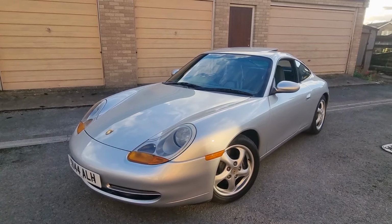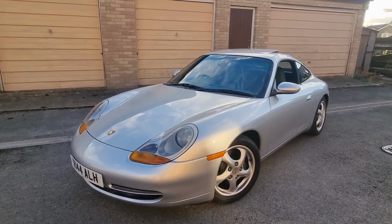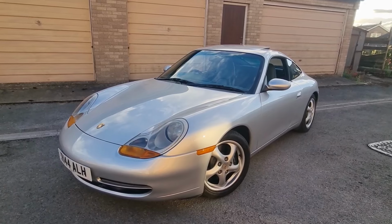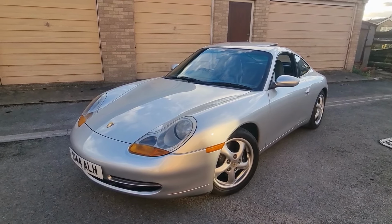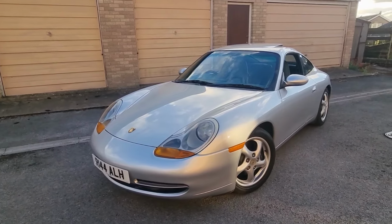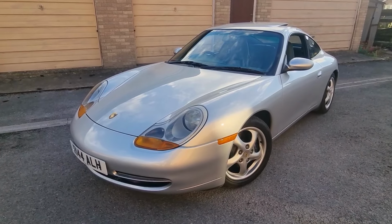Yes, that's right. I bought myself another Porsche 911, and this is the 996. Probably the least desirable 911 ever built, just because of those headlights. But I couldn't say no. And this doesn't come down to money or nothing, but this is my favourite Porsche 911, and always will be,